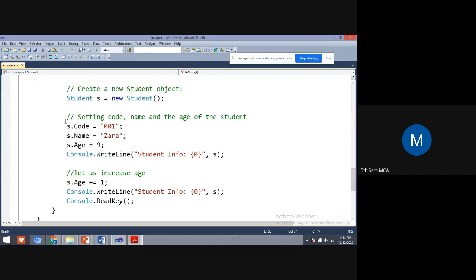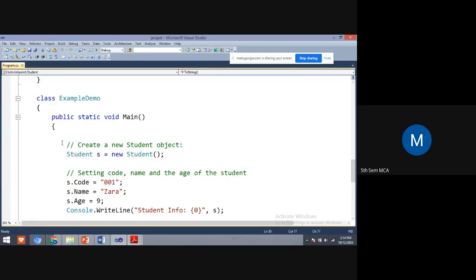And here we create an object for the class and assign the values for code, name, and age. Yes dot code is equal to 001, yes dot name is equal to Zara, yes dot age is equal to 9.